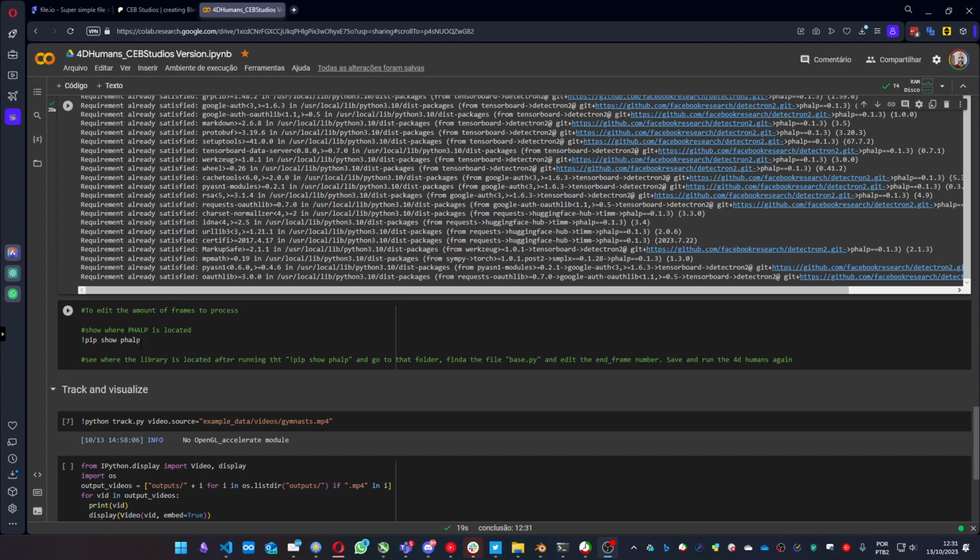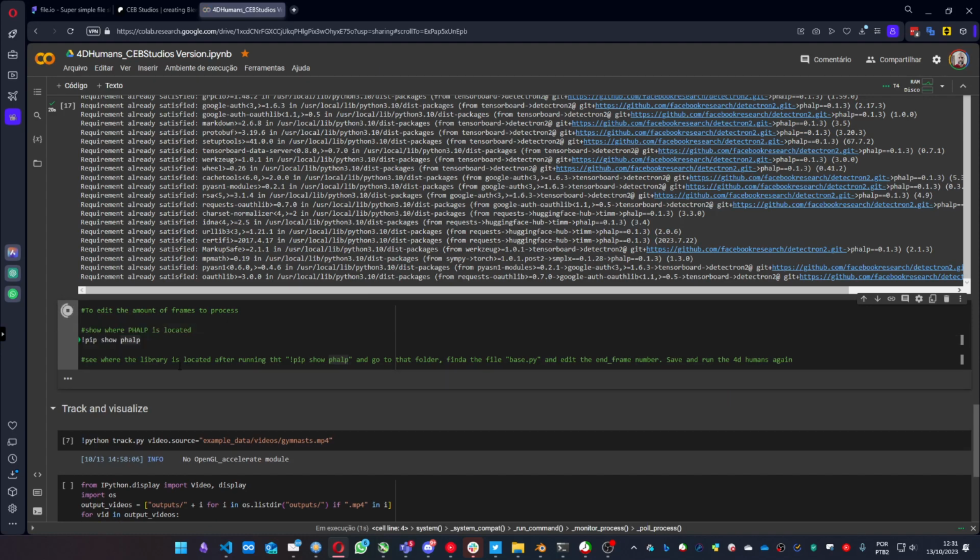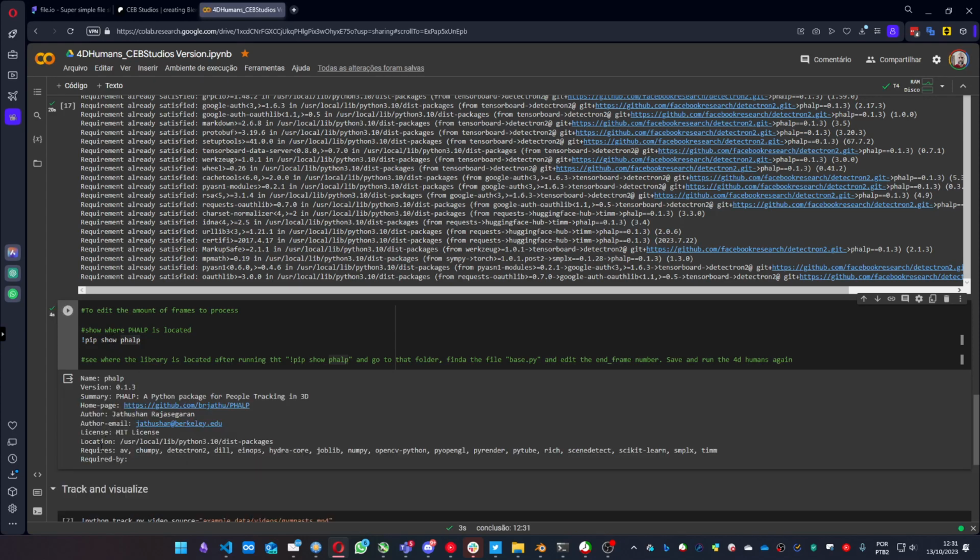And to find where this package is, you can execute this command. This notebook is saved with this new information it didn't have before, and you can execute it, and it will show where that package is located. You can see here it's located at user local lib